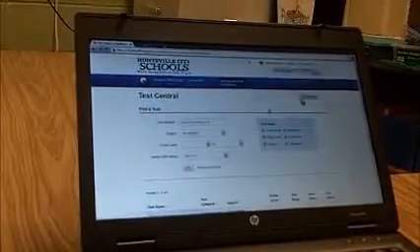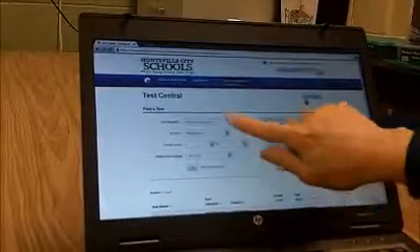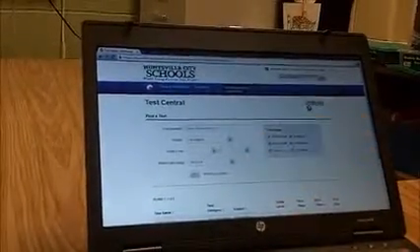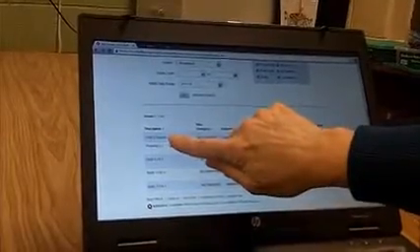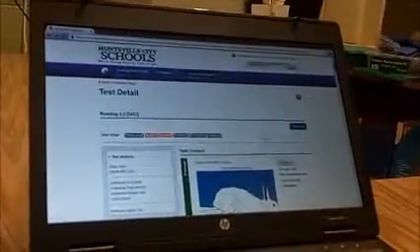So we just click right on there, and this is your test central, and you can find a test by putting in a test name, or this is my list of tests that I've created for my class. This is why I use the standard as my test name, because then I can quickly tell which standard I'm going to be checking. Now I'm going to open up the reading test right here,